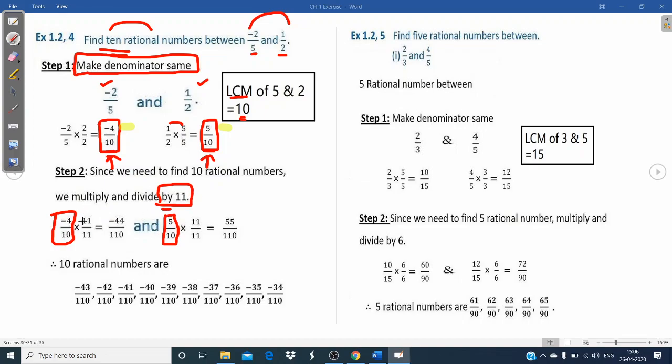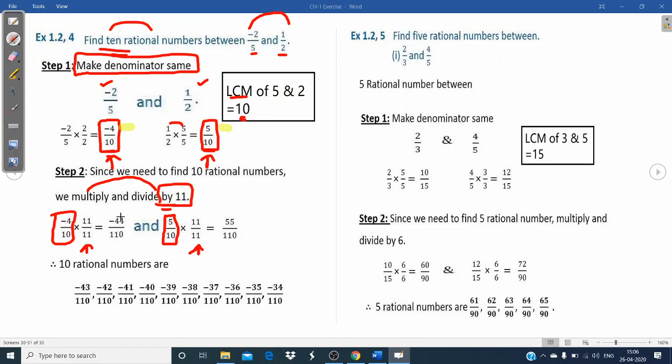Now as you are multiplying, you have to divide at the same time. So you have to multiply and divide by the same number in both the numbers. It is not like that here you are multiplying and dividing by 11/11, and the next number you are multiplying by 10/10. That will be wrong. Whichever number you multiply and divide by in the first number, the same number you have to use for the second number. Now here I have multiplied and divided by 11/11. So here also I have multiplied and divided by 11/11.